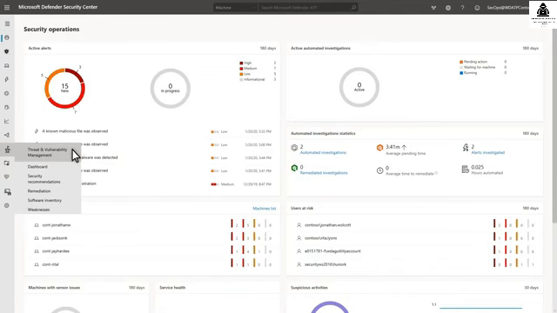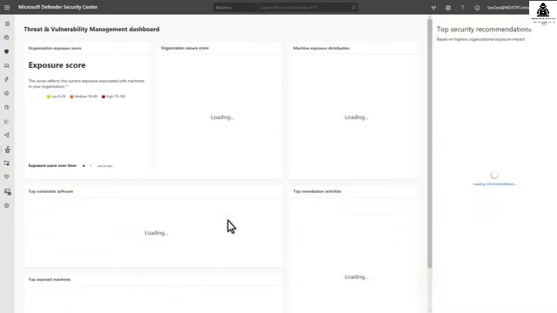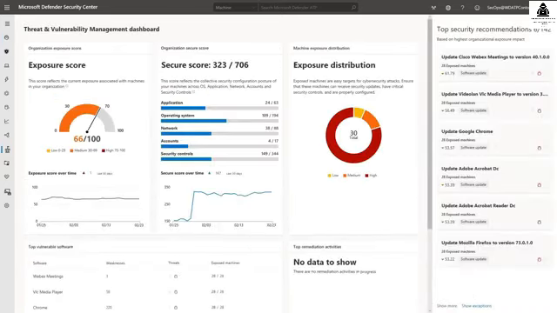Getting started with vulnerability management is easy. Once you have your machines onboarded to Microsoft Defender for Endpoint, you quickly start getting insights. The dashboard is in the Microsoft Defender Security Center under Threat and Vulnerability Management. There's a lot of functionality and insight in vulnerability management, but for now, I'll focus on what is available in